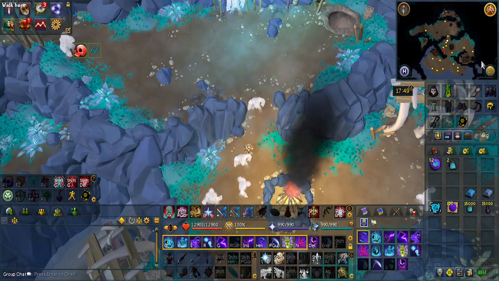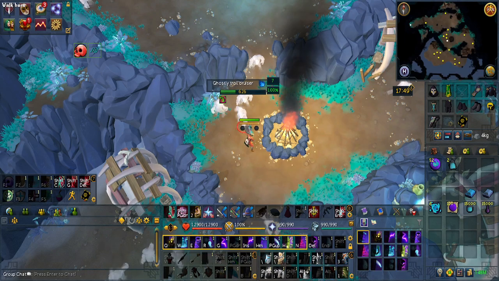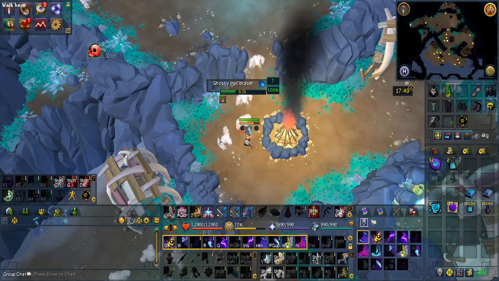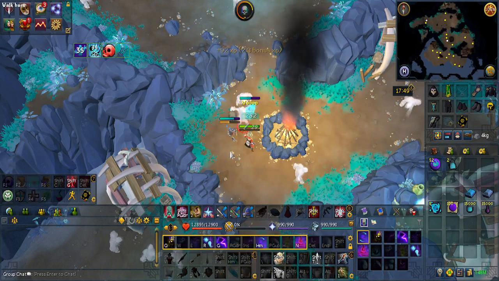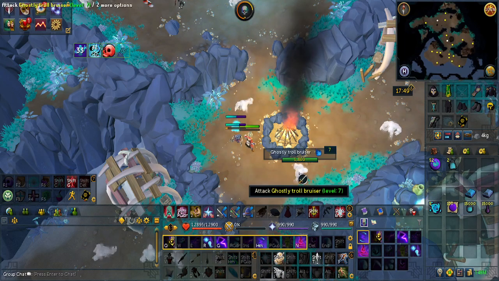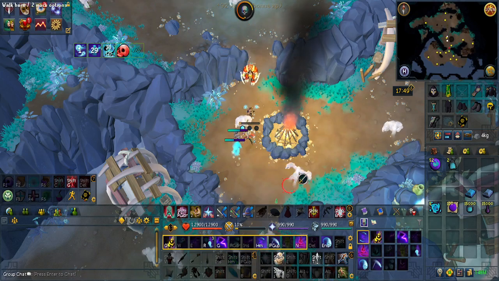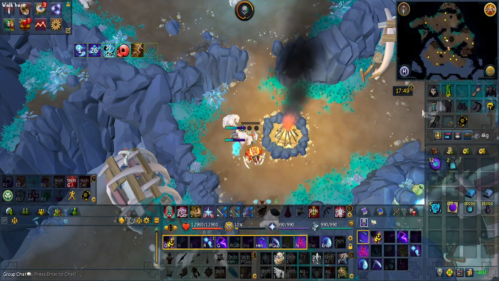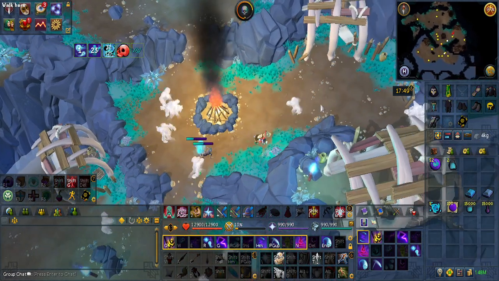Once you're here, you can attack a ghostly troll, in which case, I mean, they're pretty weak. As you can tell, they have 1800 health. And then once you do kill it, that is another achievement completed. But depending on, let's say, your necromancy level, you might accidentally 4 or 5 hit it, in which case